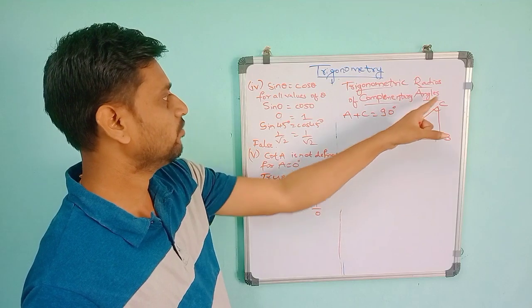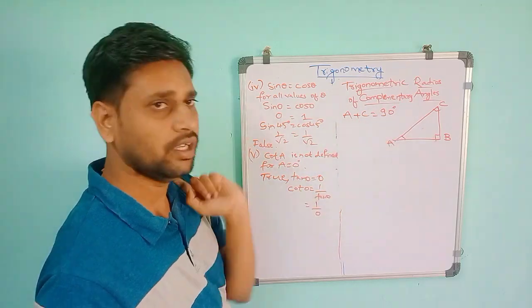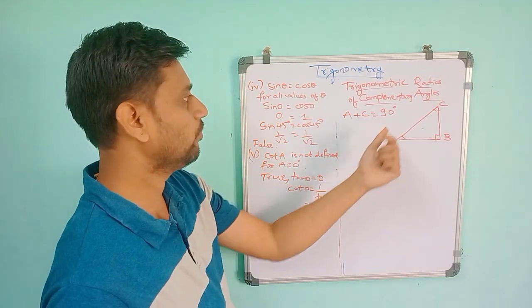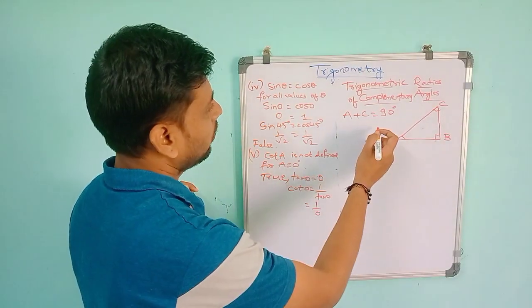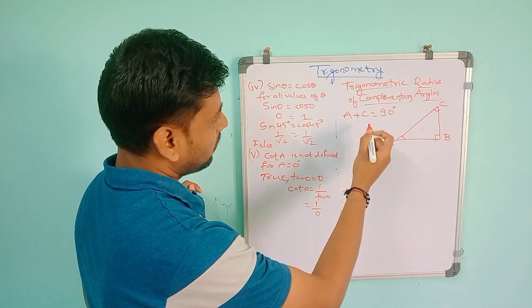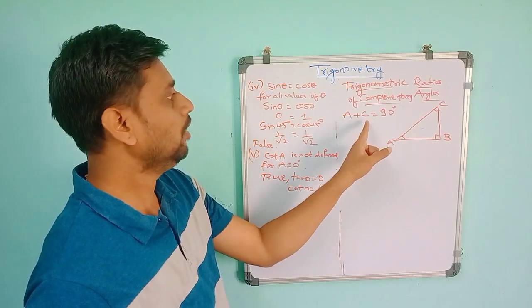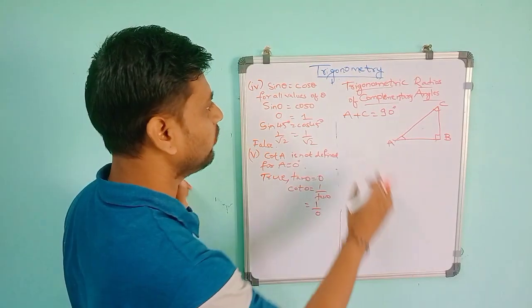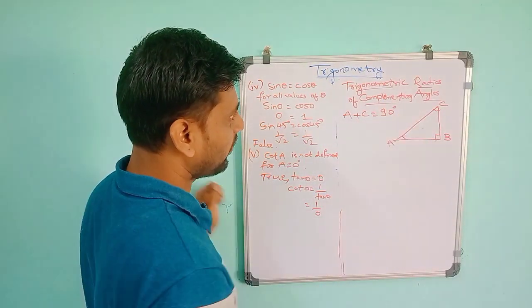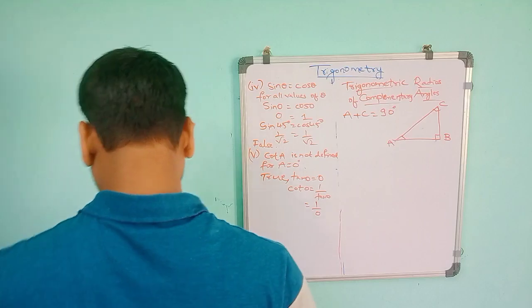So complementary angles means the sum of the two angles should be 90, whatever the values may be. If you take 45 plus 45, that is also 90. If not, 30 plus 60 is equal to 90, or 60 plus 30, that is also 90. For such values we call them complementary angles. So in that